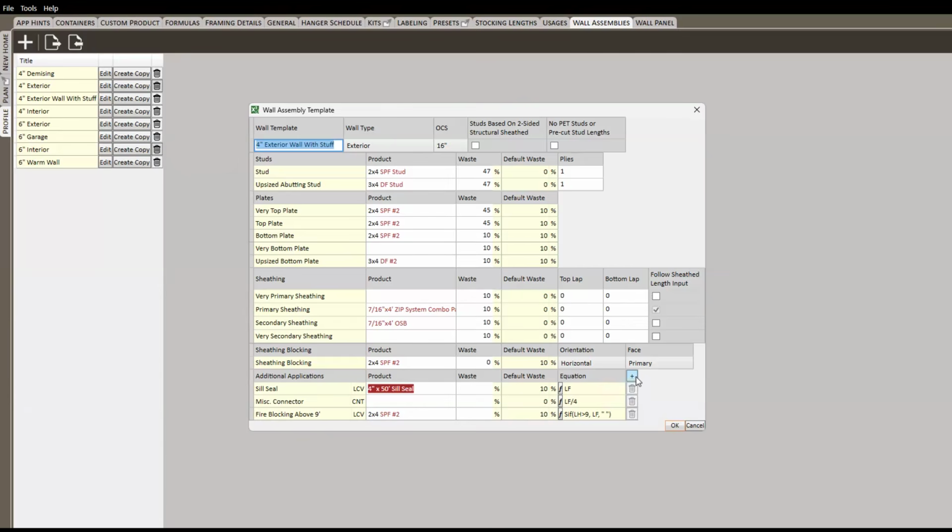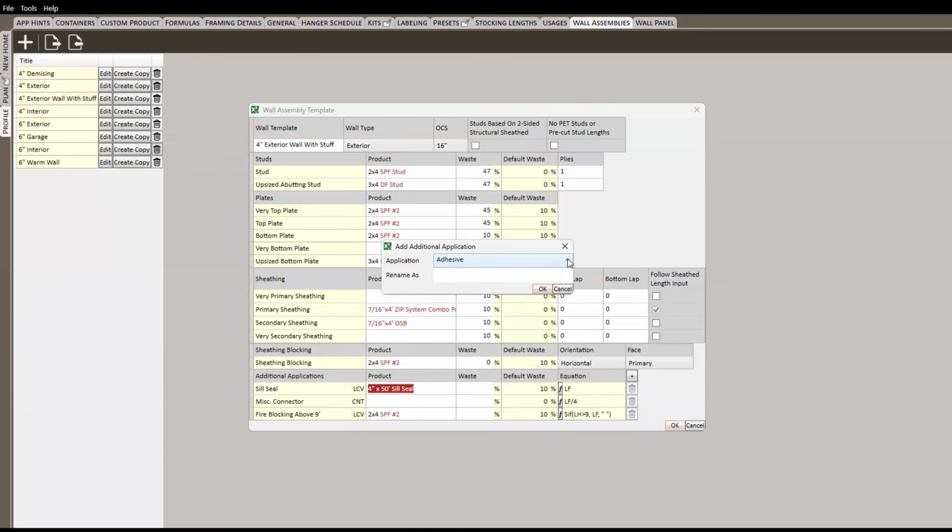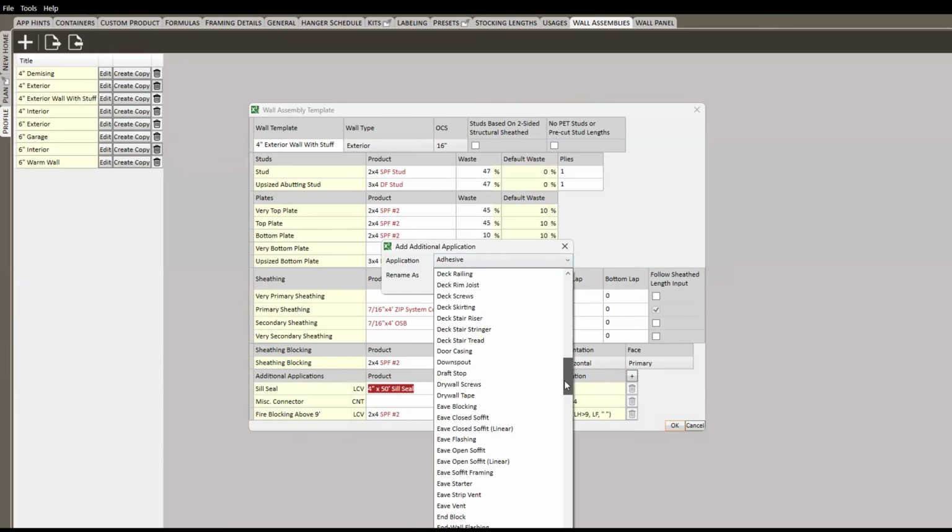You can come and click on the plus button to add more. So I'm going to click on this, and you'll notice that pretty much the entire application list that you might want to add in here, including even some of these new labor hours that we've made available, are available to be added. So for example, if I wanted to add in, say, a labor application for framing,